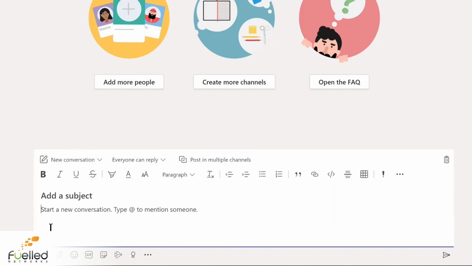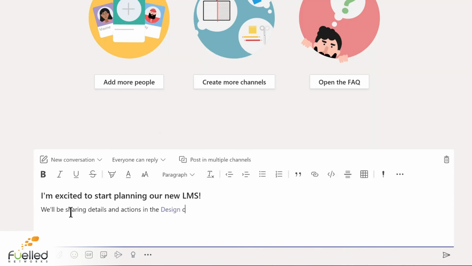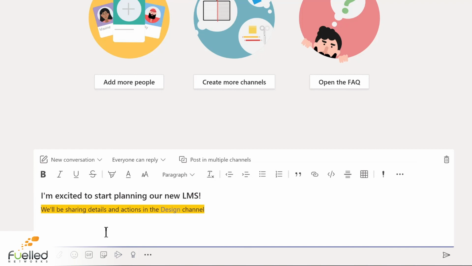This opens up what's called the Compose box. Notice your options in the Compose box. These include simple font changes like bold, italics, options like highlighting, bullets, numbered list, and even creating tables. And as you've probably discovered already, there's a wide range of options that are available for you to enhance and add some fun to your messages, including emojis,